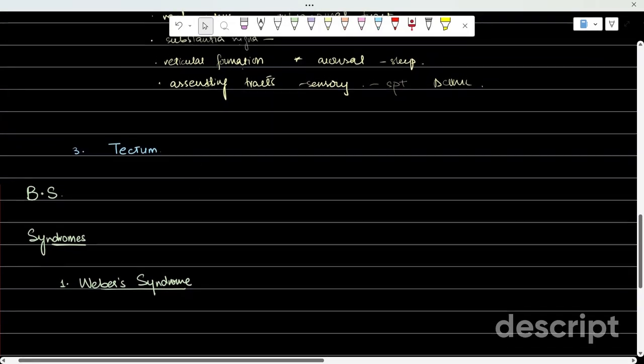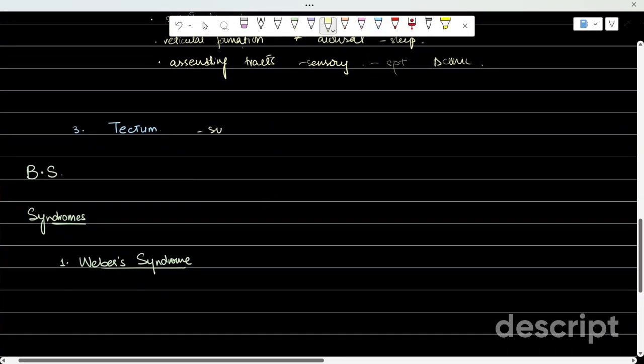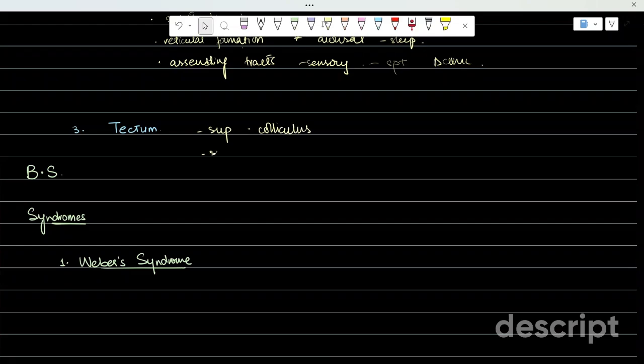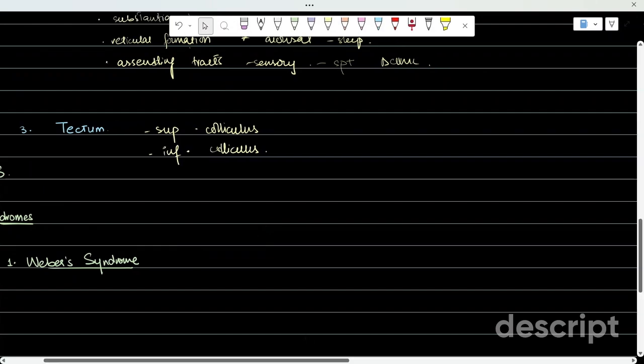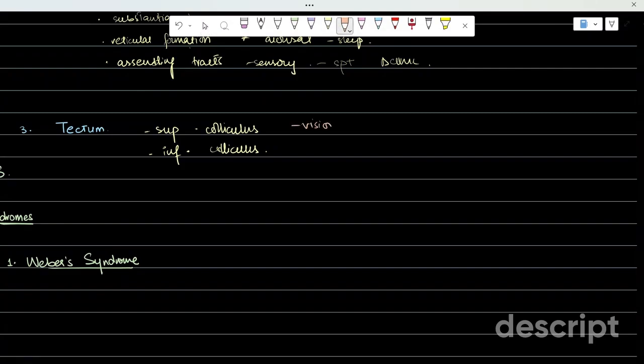The tectum over here consists of superior colliculus and inferior colliculus. Now, this is a very important point and this is very high yield. It is asked again and again on your exam. The superior colliculus is associated with vision and the inferior colliculus is associated with auditory signals. And again, this is very important. So the superior colliculus, associated with vision, coordinates the eye and head movement towards the visual stimuli,